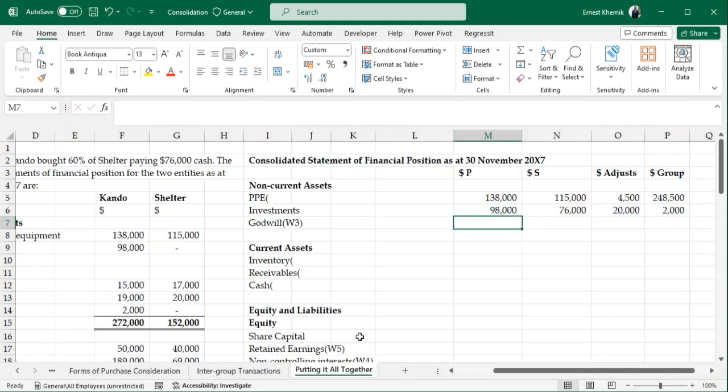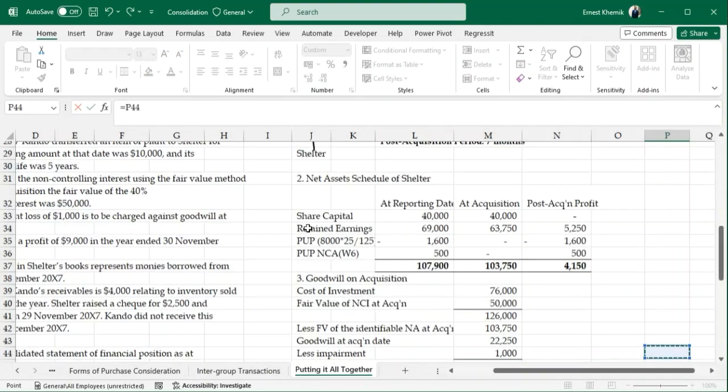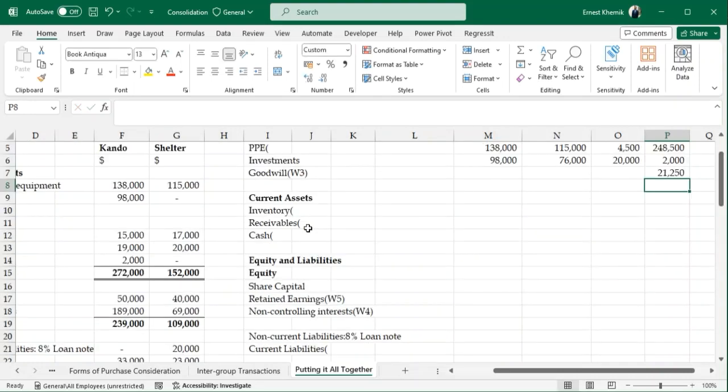All right, then our goodwill calculation can be found in workings 5, in workings 3. So quickly I'm going to scroll down and locate my goodwill figure here and adjust it for that, and then I can find the total. Alt equals, add that together,